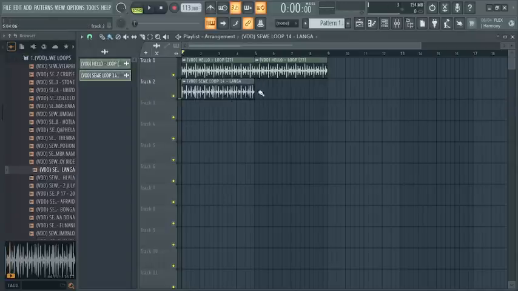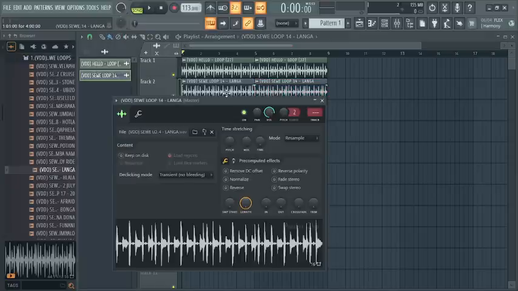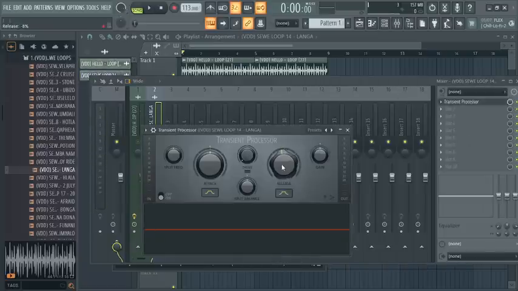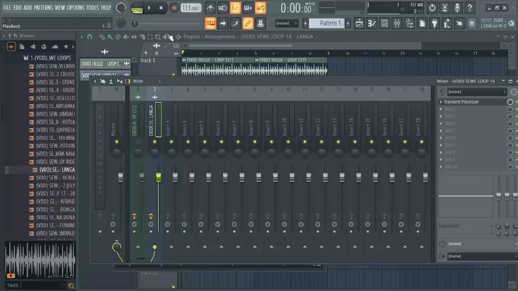Then I'm gonna drag and drop this one again, highlight it, and then Control B, then again double click it, track, so that we can eliminate some of the elements. This is what it sounds like, but we don't want it to sound like that. We just want it and the kick. So transient processor, drop the release to this area, then you see that's how it sounds now. So together,